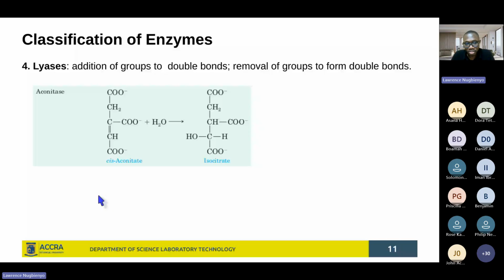I'm sure you did some Krebs cycle in first year, but you may not have paid attention to some specific reactions. This time you take the reaction and you pay some attention to it. If you go back to that TCA cycle, you will see this reaction. See this reaction over there. And you see cis-aconitate